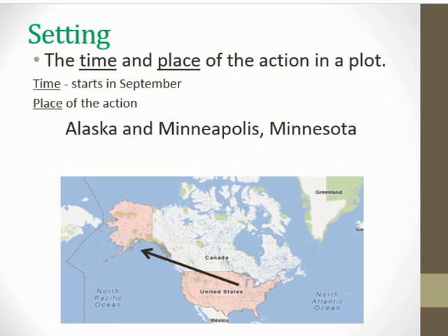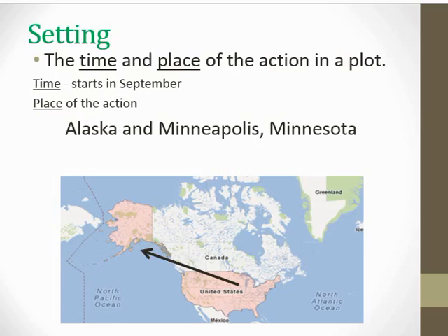The place of the action here is Alaska and Minneapolis, Minnesota. Our main character, Cole, comes from Minneapolis, Minnesota, which is located near the Great Lakes in Michigan, in the center of the United States, and he travels all the way to a remote island off the coast of Alaska.